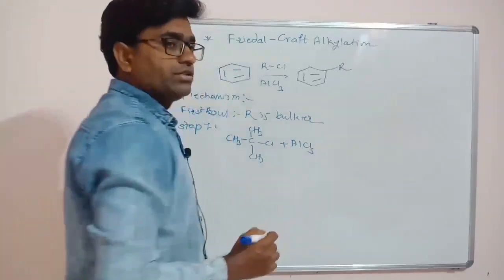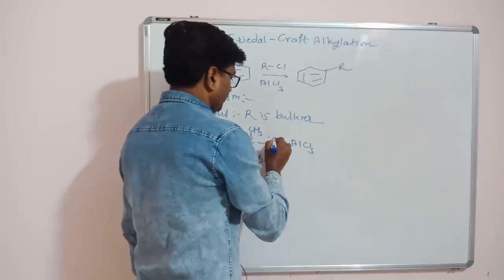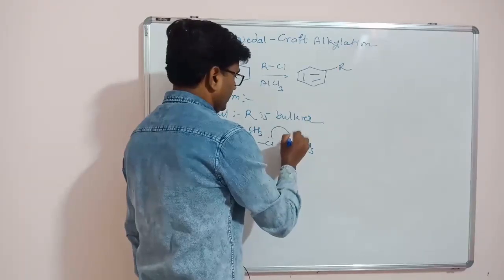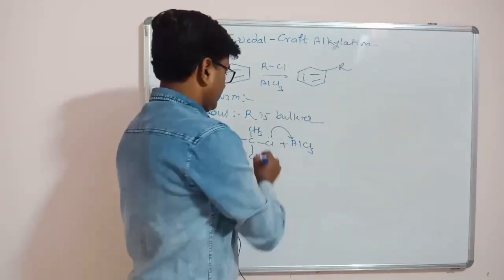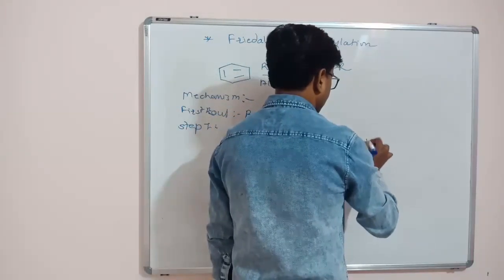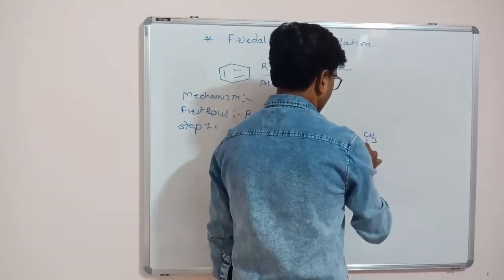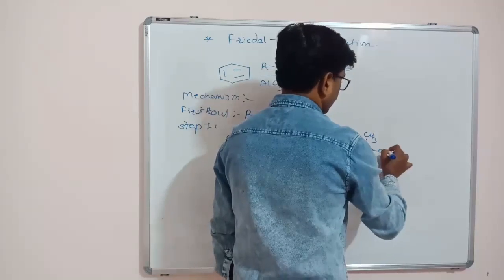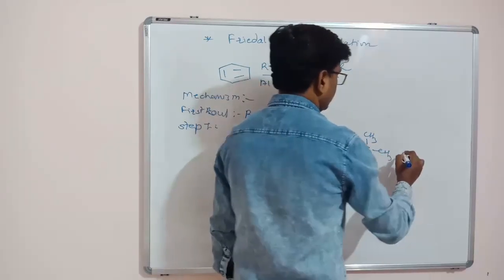Taking AlCl3, what will happen? Again a lone pair of this chlorine will attack on the Al. So there is complete breaking of the C-Cl bond. What we will get is CH3, CH3, CH3 carbocation plus